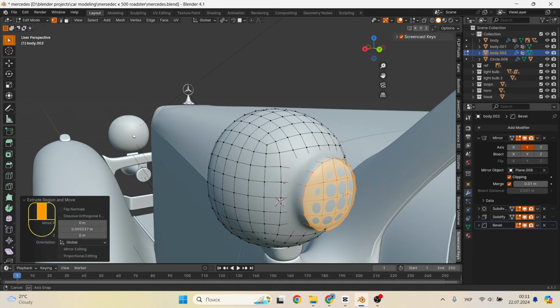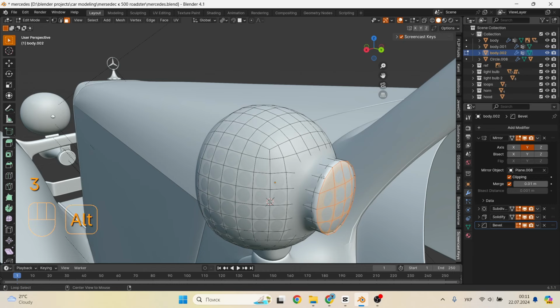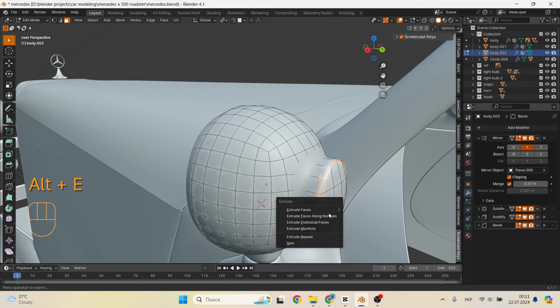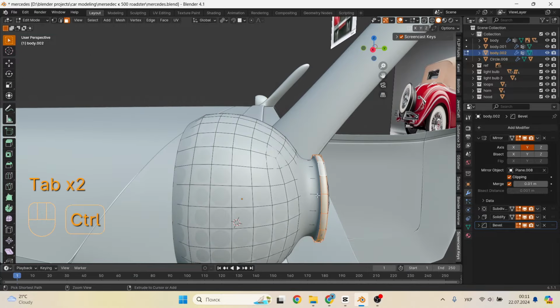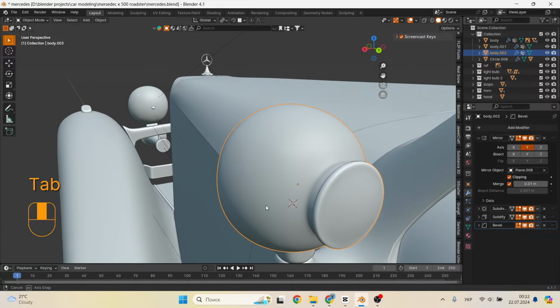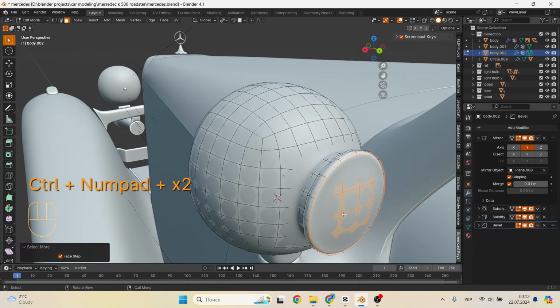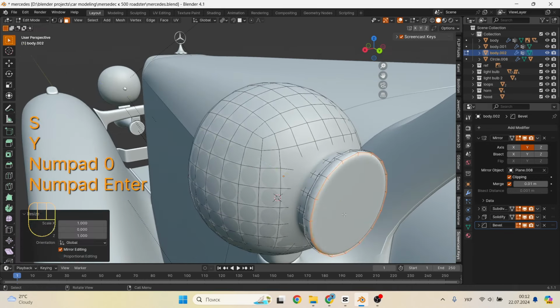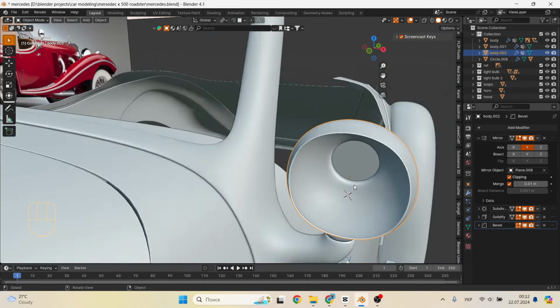We select 16 square faces in the back of the headlight housing and press the right button. Using the Loop Tools tool, select Circle. This way, our square turns into a circle. Now we need to extrude it along the Y-axis, and then again, but slightly. Now we select the faces that turned out to be in a circle and use the combination Alt-E, in order to extrude faces along normals. And in order to align the outermost faces, we select and use the combination SY0. And this is the thing we got.